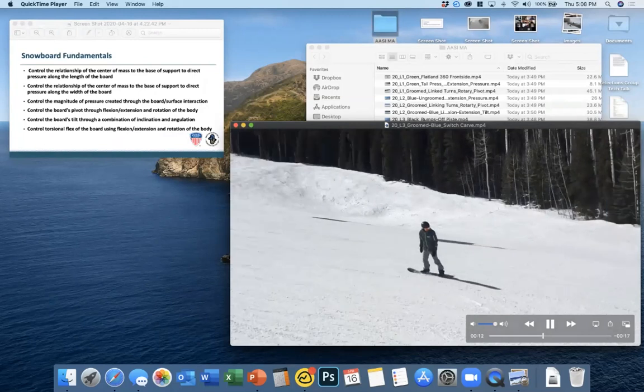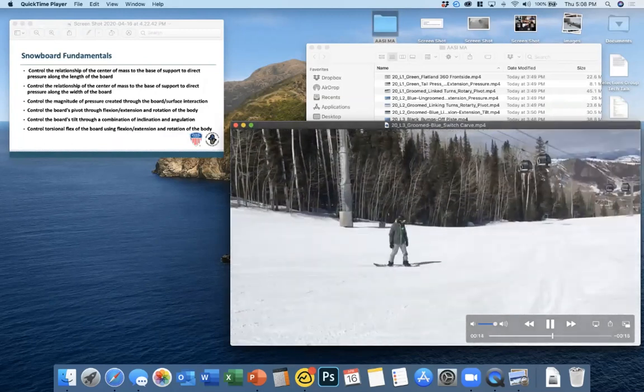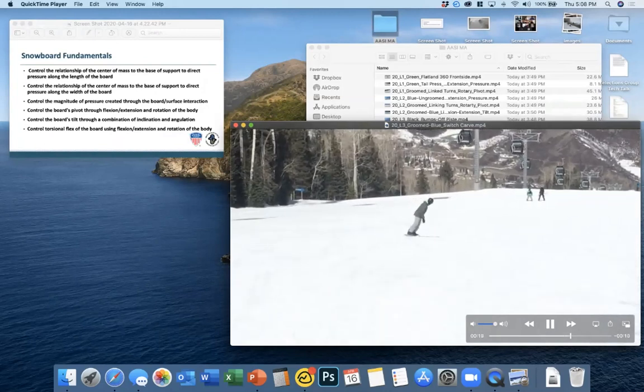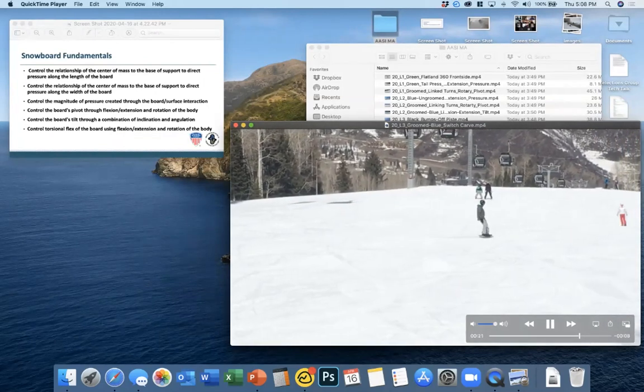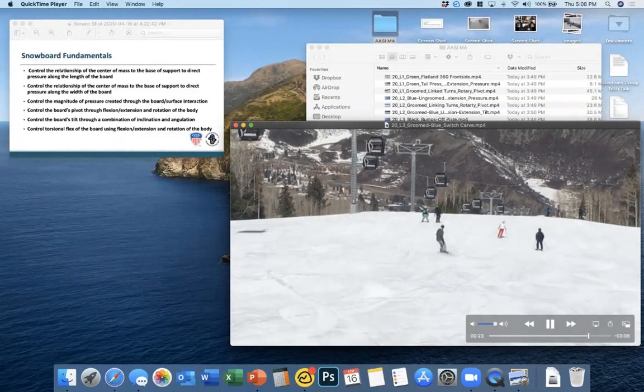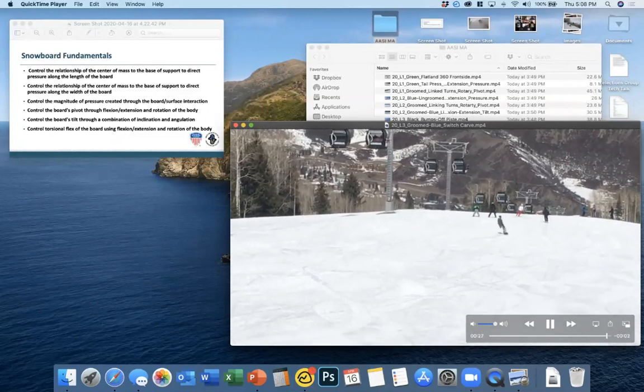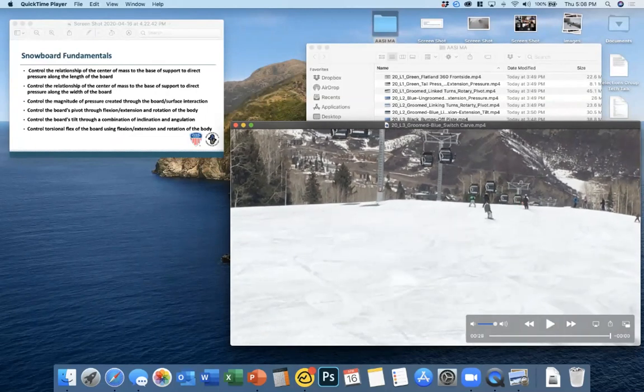I would like to see a little bit more flex and extension. Magnitude of pressure, big one. Yep. There's not a lot of flex and extension going on. I totally agree, Cody. So there's an opportunity there as we want to set the edge more to really lock in that carve. That's going to help us with